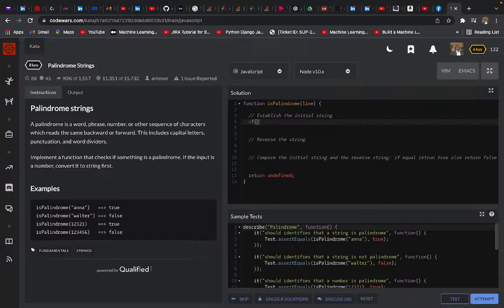What's the input? Input is line. If line is a number, so how do I ask if it's a number? I'm going to think about it. If line is a number,